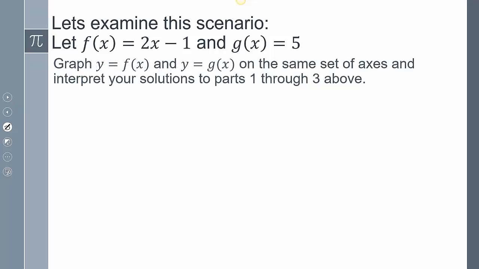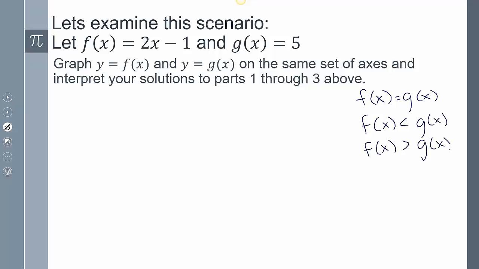And so this next part says graph y equals f of x and y equals g of x on the same set of axes and interpret your solutions from parts 1 through 3. So my three things we said were f of x equals g of x, f of x is less than g of x, and then f of x is greater than g of x. So let's take a look at those. Now if I graph them,